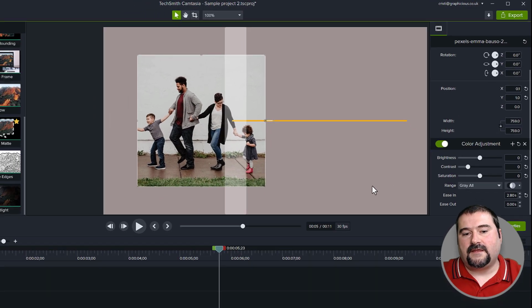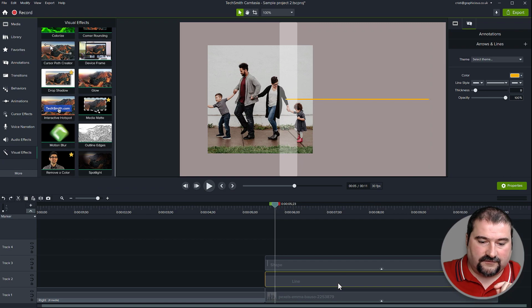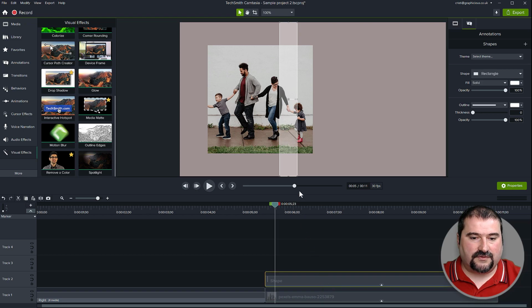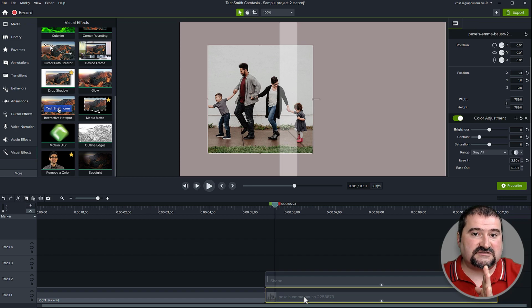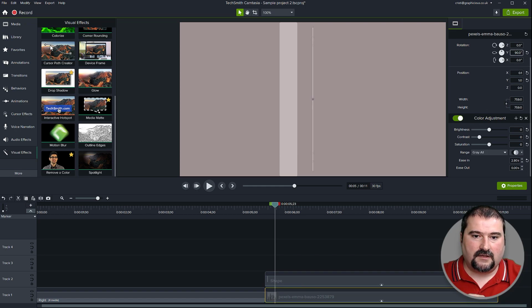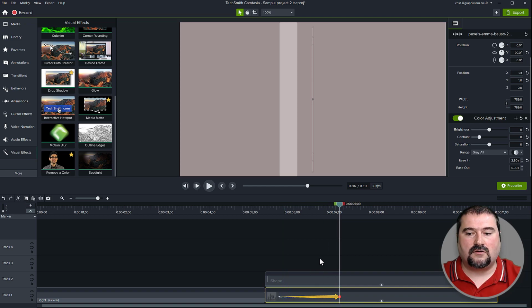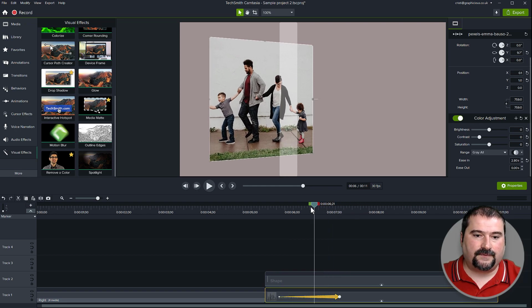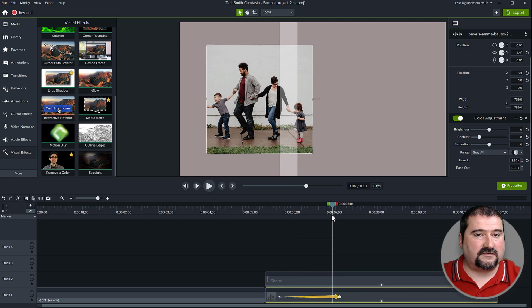So here we go. Now I can probably get rid of this line. I don't need it anymore. And that's my shape with the light. We'll deal with that later. So the first thing we need to worry about is my image is going to start off now vertical. So it's going to start off at 90 degrees. It's vertical, right? And it needs to end up being about, let's make this animation kind of long. It's going to end up at 0. There we have it. So now the movement should be there. Very simple.